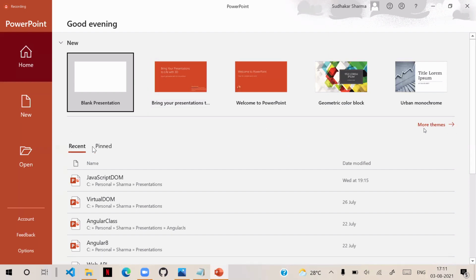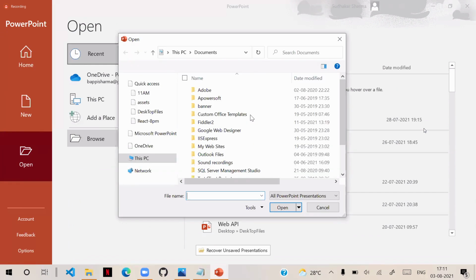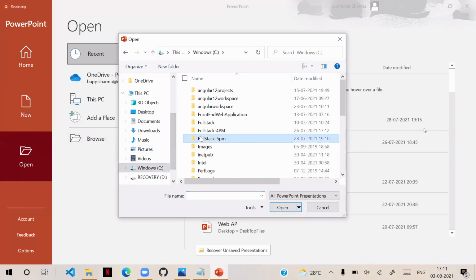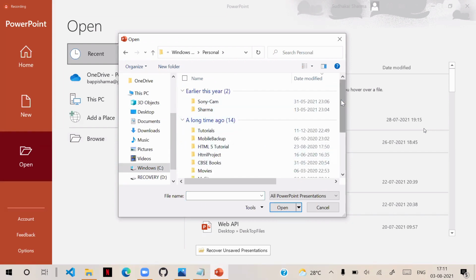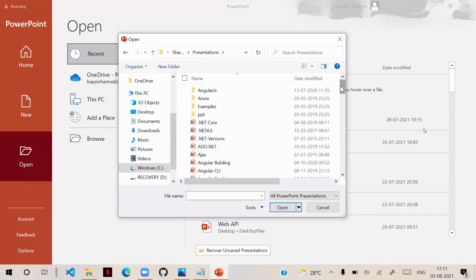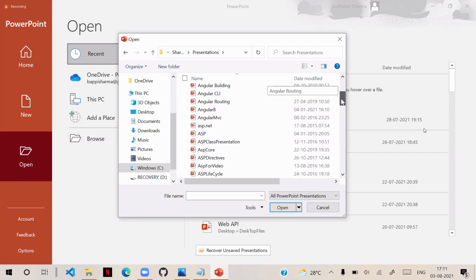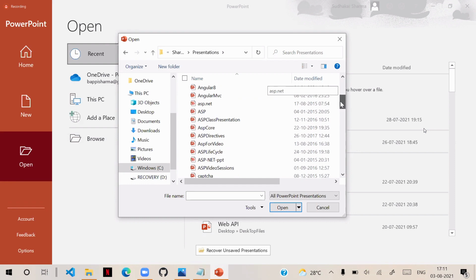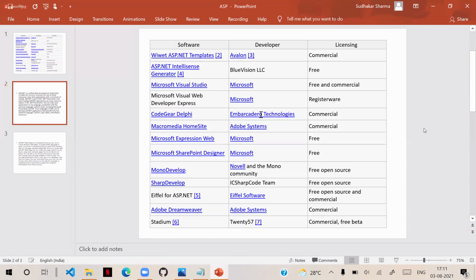Let me give you a small presentation here. What is the server side scripting technology here?